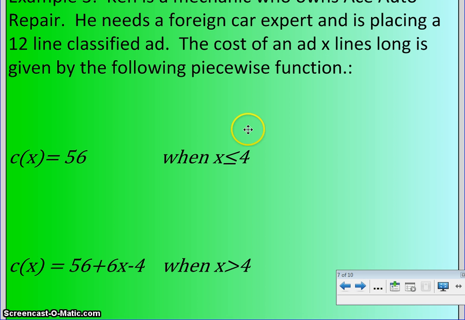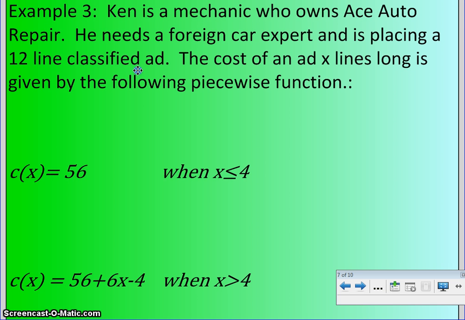All right, example number 3. It says here that Ken is a mechanic who owns Ace Auto Repair. He needs a foreign car expert and is placing a 12-line classified ad. The cost of an ad X lines long is given by the following piecewise function. So here we have the function, or cost of the ad, is $56 when X, or the number of lines,